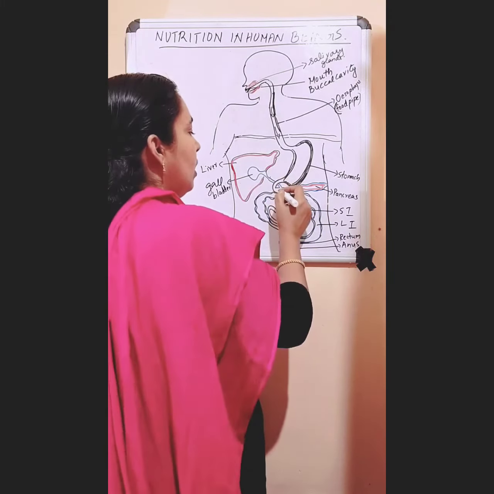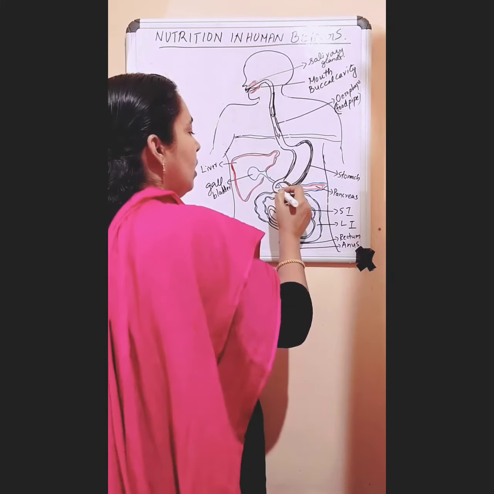Okay, and the bile has two functions. One function is that this bile is alkaline in nature. Now the food when it comes from stomach, it is acidic in nature. So this bile is alkaline in nature. So it will mix with the food and change the food into basic medium. Then only the enzymes that are secreted by this pancreas can act on the food. So one function is bile juice will convert the food into alkaline medium for the action of the enzymes of